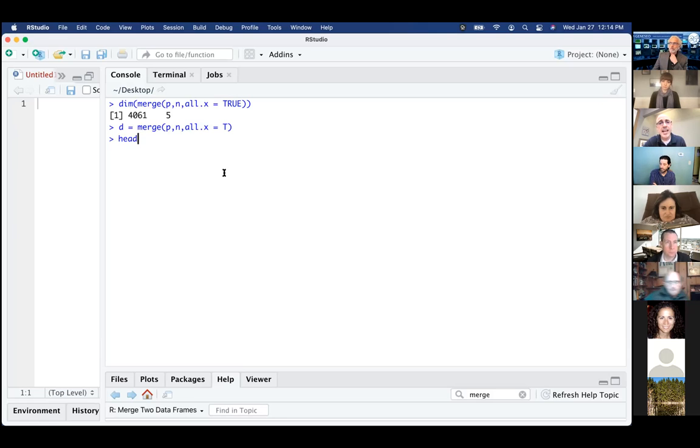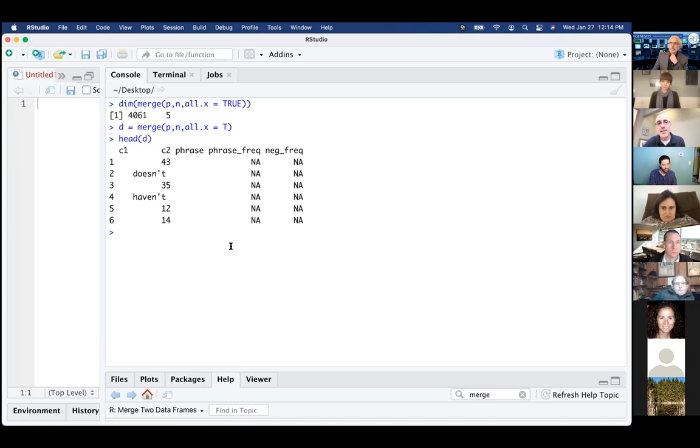So now we can take a peek at our new data frame D. We're seeing a bunch of NAs, which I really don't like. So we're going to get rid of them. And you might say, well, you just said to keep them. Why are we going to get rid of them? Well, in terms of the workflow, when I'm merging, I want to make sure everything's there. Let's look at it and then make the decision about whether or not to delete it. I'm confident that I don't want these NAs. There are cases where there was a missing constituent, and I don't want cases where there's a missing constituent for this